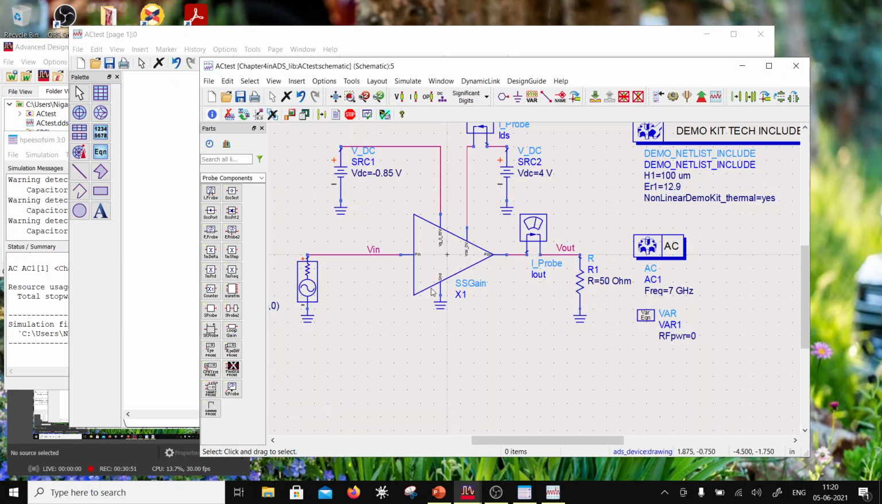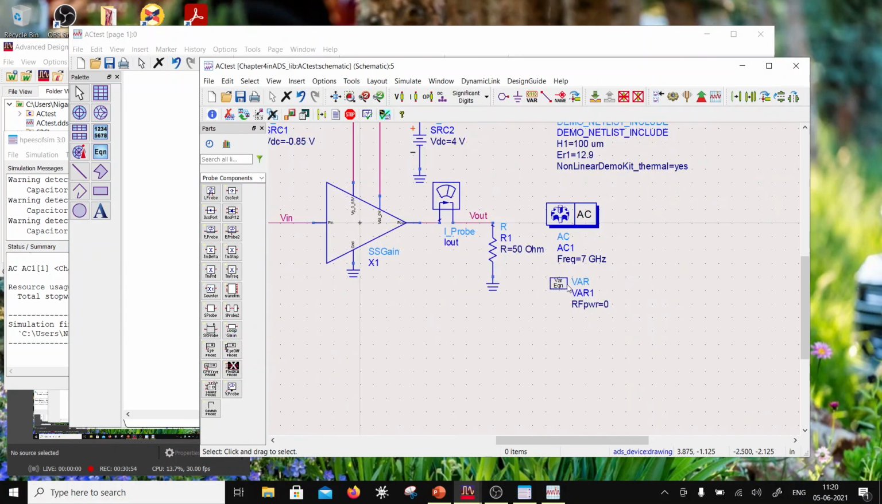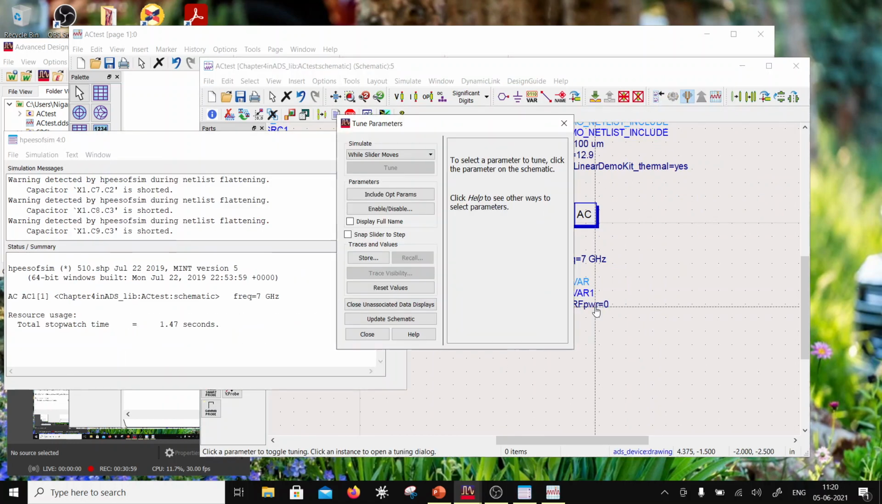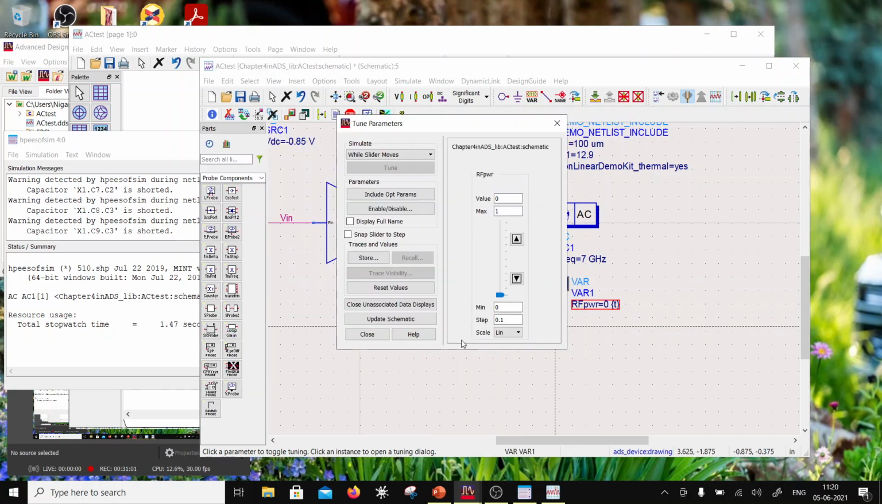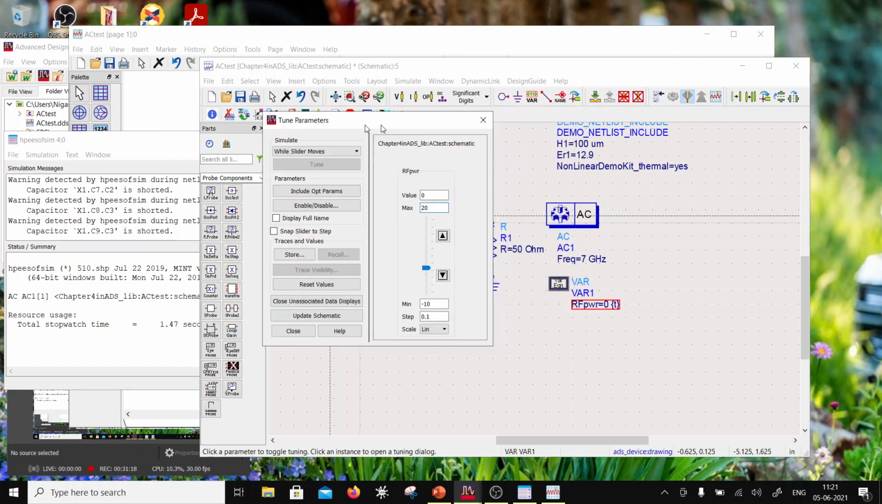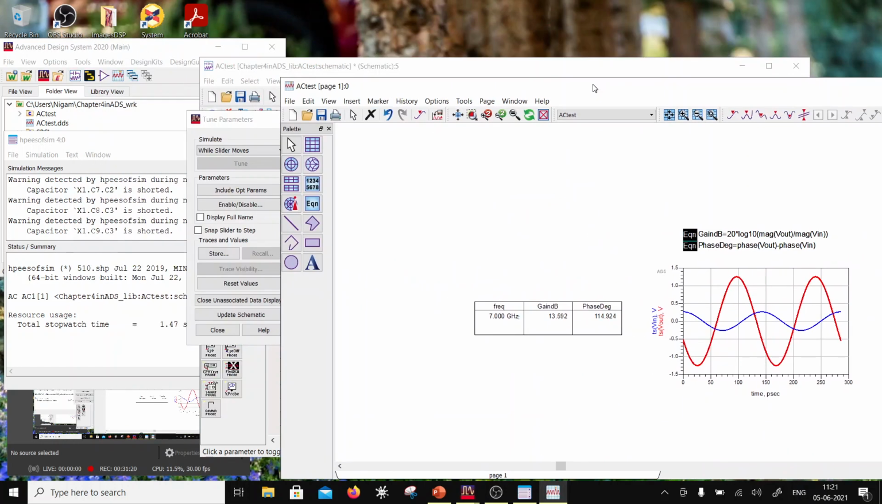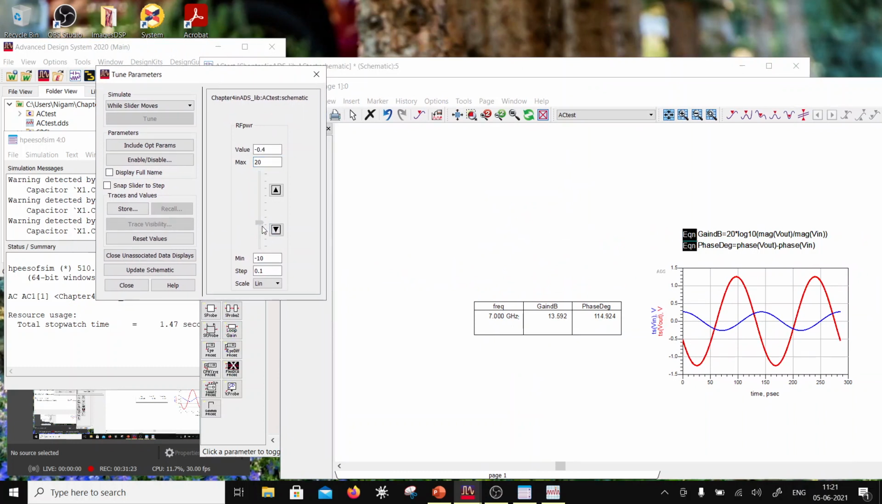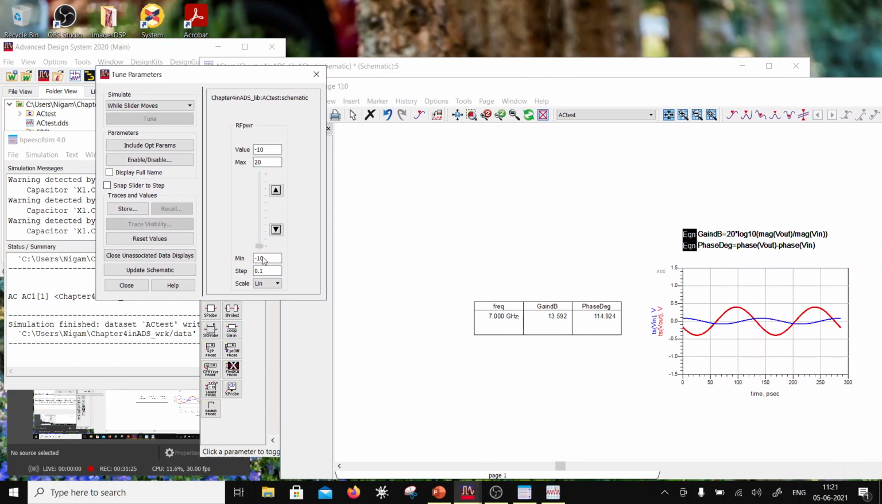So I can put here input power on tune, right? So I can go to simulation and I can choose input power, which is RF, and I can give a max value, let's say 20. So I'm going to really compress it, and min value, let's say minus 10. Okay, so now I will look at what happens if I change this. So if I bring it down,